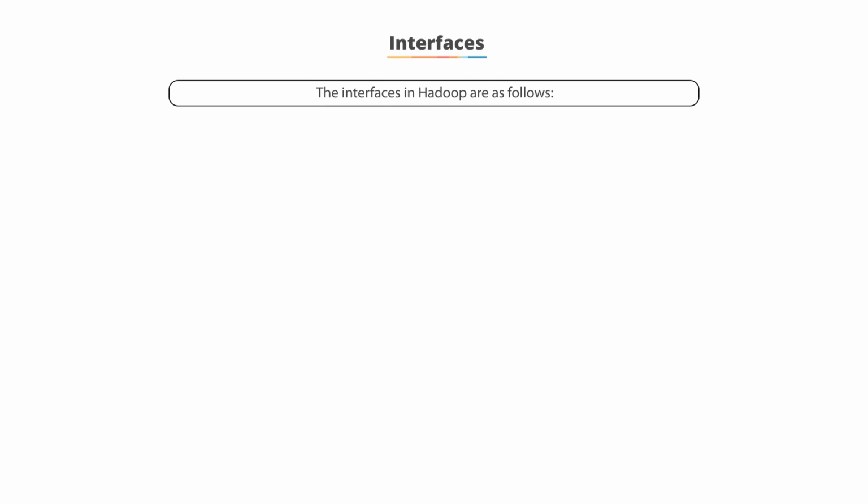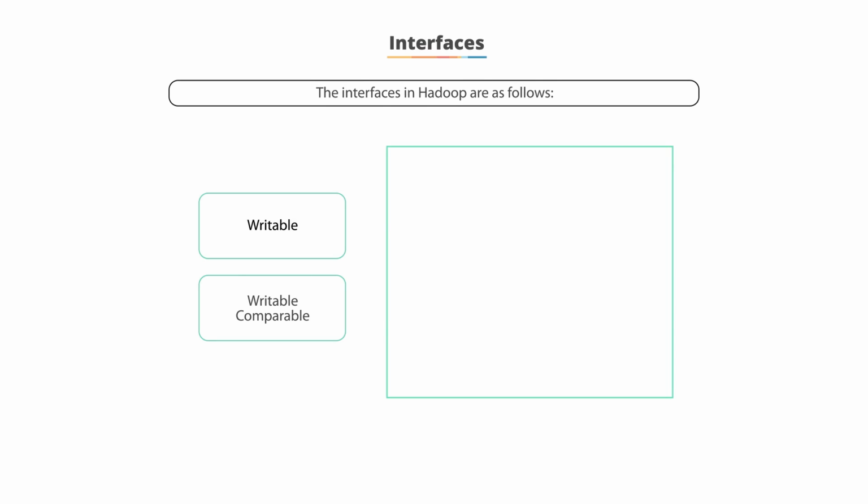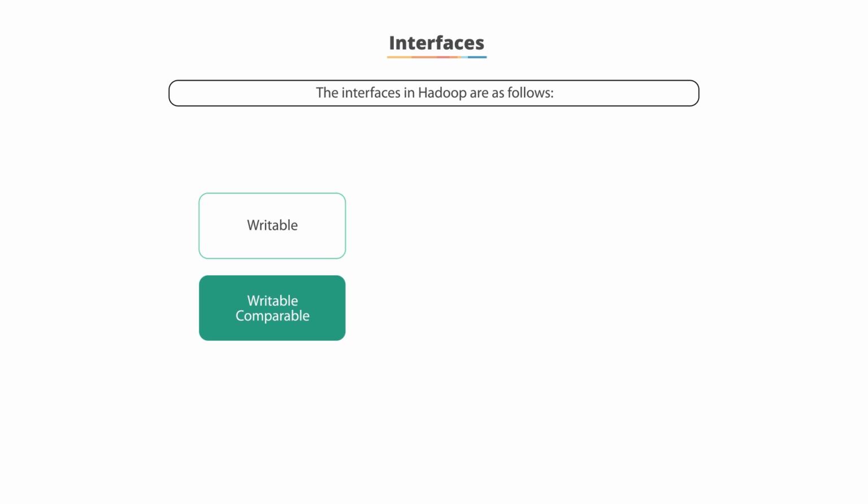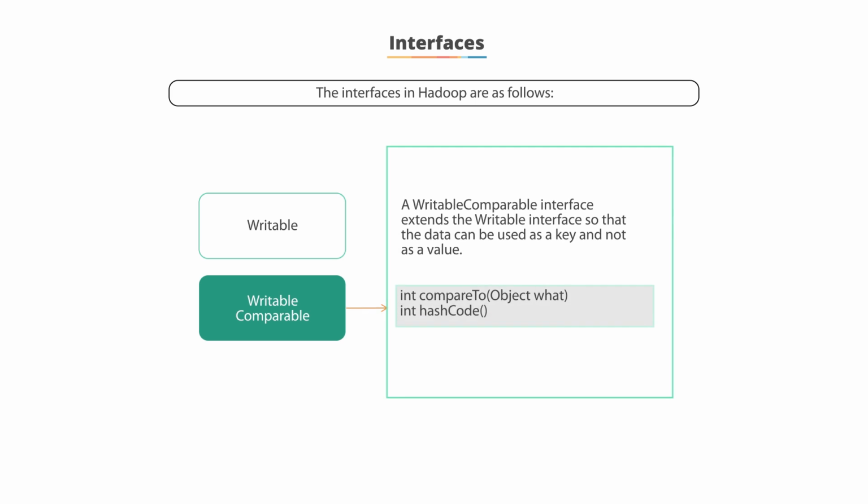The interfaces in Hadoop are Writable and WritableComparable. As you've already seen, a Writable interface allows Hadoop to read and write data in a serialized form for transmission. A Writable interface consists of two methods, readFields and write. A WritableComparable interface extends the Writable interface so that the data can be used as a key and not as a value. As shown here, the WritableComparable implements two methods,